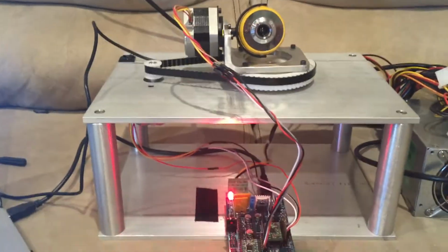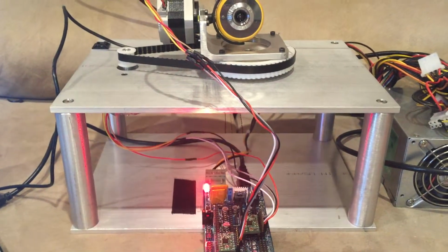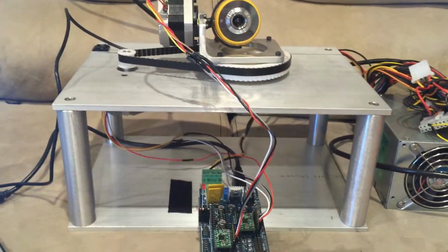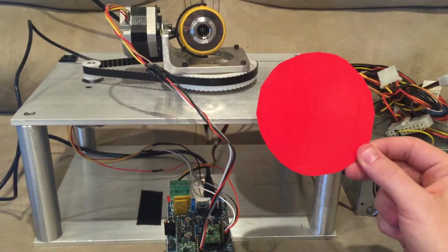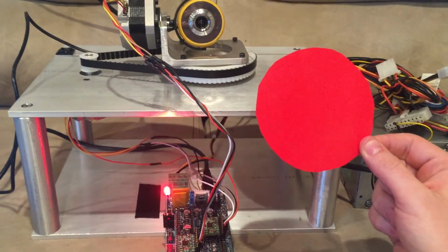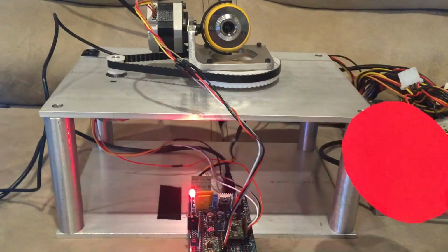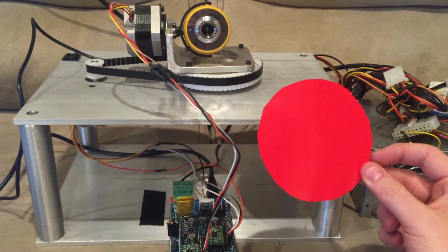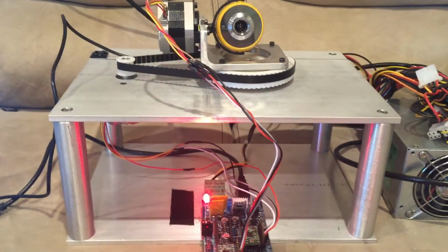I will show you a little bit of the software. So the way the software works is you take an image, and in this case you have to have an object that you'd like to track. So in our case, I'm going to use this red circle. The reason is the red color is easy to discern from a background. This way it's easy to filter the entire image and find the object, which is red, which is what we're looking for, and determine its position in pixels. So I could give you an idea of what happens: we take an image with the webcam, we filter the background image and only allow the red through, and what we'll see